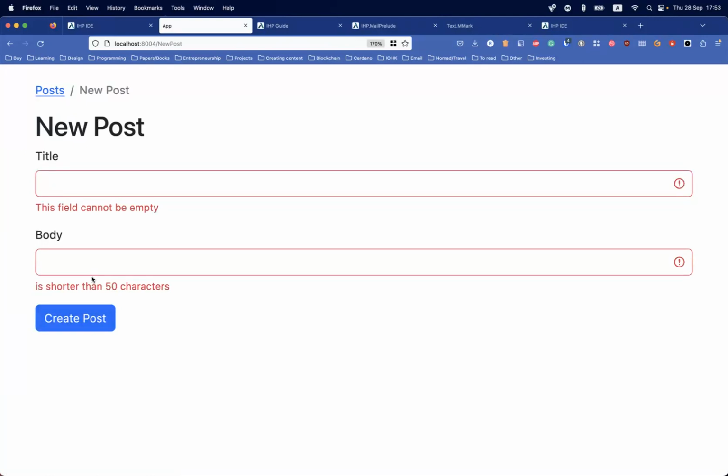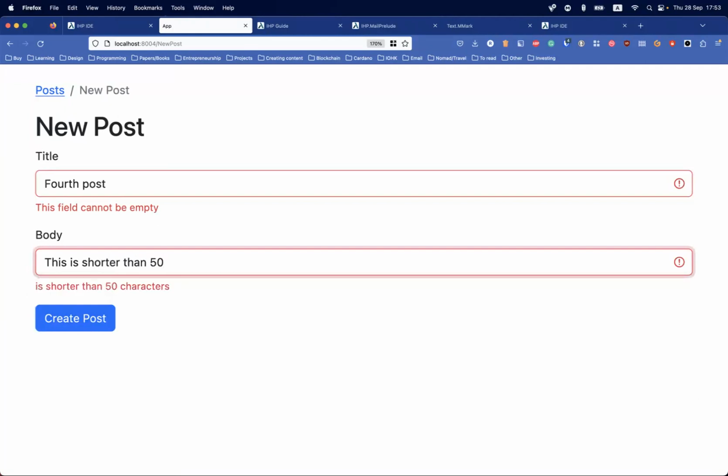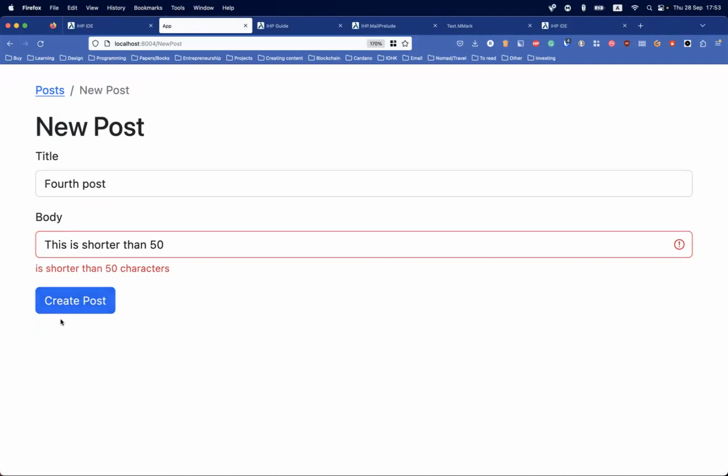Okay, perfect. The field cannot be empty and it's shorter than 50. So for post, and this is shorter than 50. Great post. Perfect. Now this is longer than 50, but